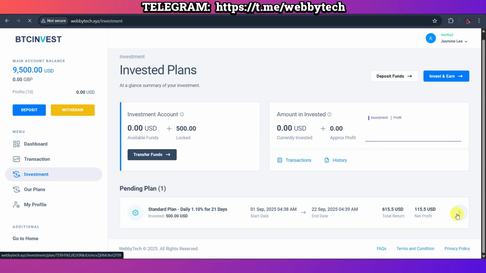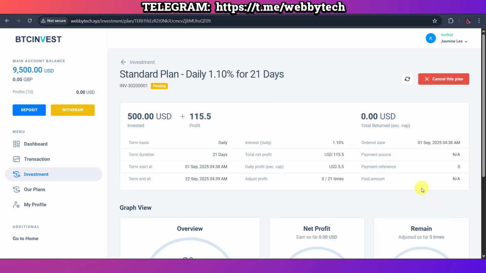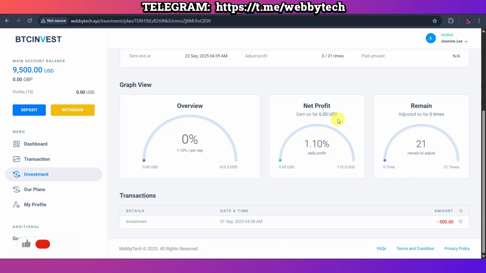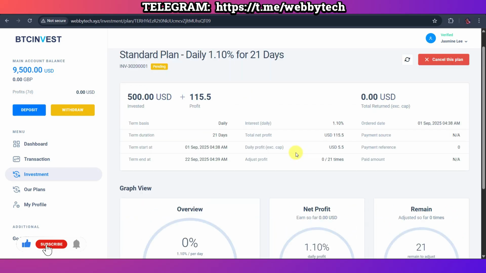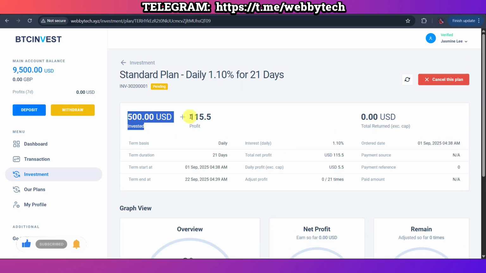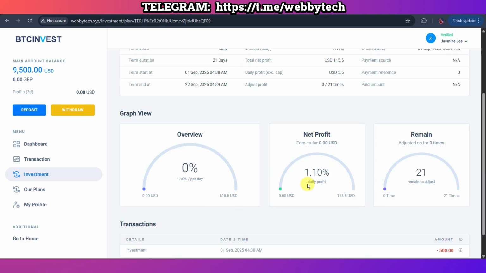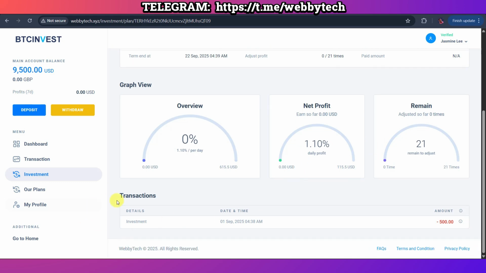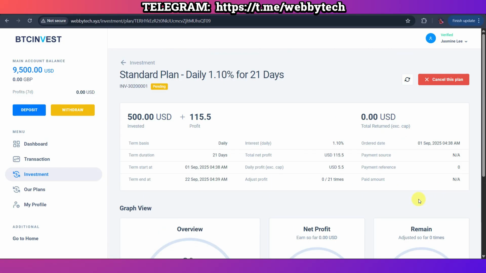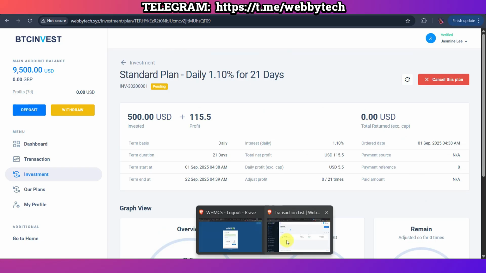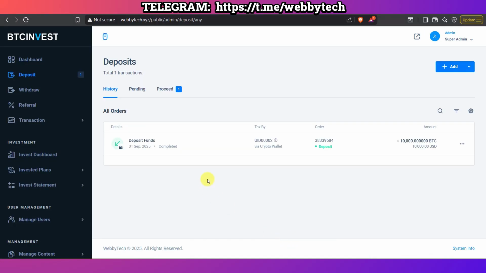So if I go ahead and click here, you can have a better view about the investment that we just placed right now. You can see all the dashboard and the meters and all that. So you see the invested amount, and this here is the profit. We have the daily profit of 1.1%, and we have the remaining days to be 21 days. Okay, so we have the transaction details, it just debited us the 500, and here it will keep dropping the profit, and at the end it is going to also drop the investment amount. So this is how the investment for this script works. So let me head back to the admin dashboard, and let me show you how to set up the